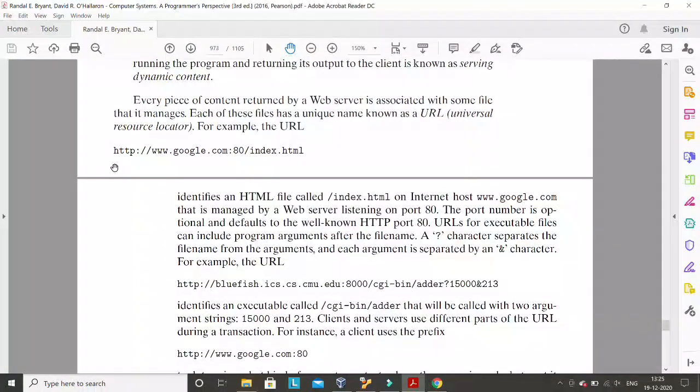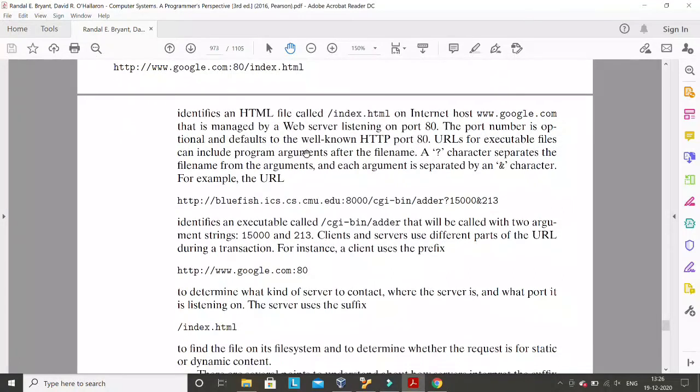So for example, if we go for this type of design, google.com/index.html, first of all it will connect with this server, and we can assume that inside this server there is an HTML file called index.html. The server will read the content of the HTML file and send it to the client, and in the client browser we can just see this file, right?